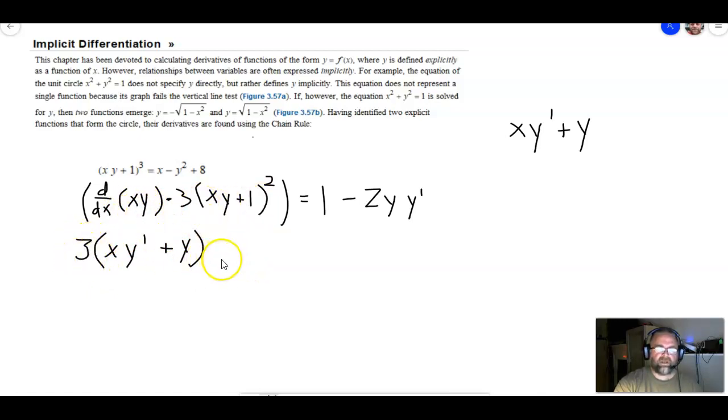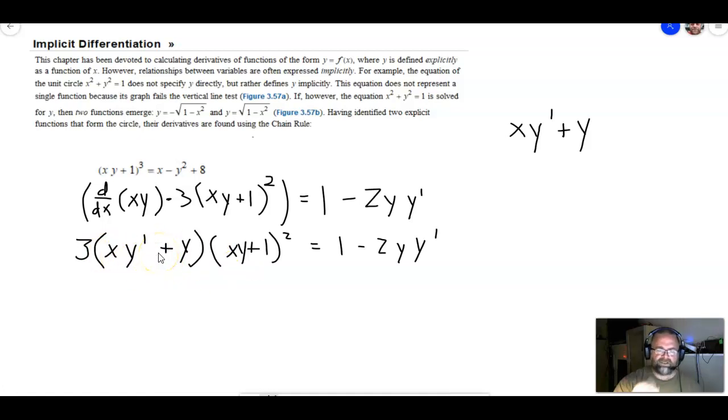I'll bring the 3 out front, and then I've got x plus 1, xy plus 1, quantity squared, and that's going to be equal to 1 minus 2y y prime. Whew. All right, so now what do you think we should do? All right, now all of this mess has to be